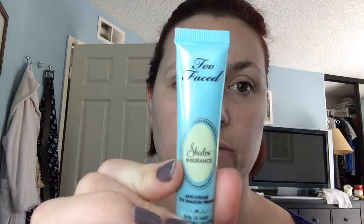I'm gonna use a mix of indies and mainstream because that's what I do every day. And hopefully this video will only take about 15 minutes because that's all the time I've really allocated myself. So to start with, I'm putting eye primer on. This is the Too Faced Shadow Insurance. I like it. It's fine. It's not my holy grail. My holy grail is this stuff, the NARS Pro Prime Smudge Proof. But I'm trying to use up the Too Faced, so